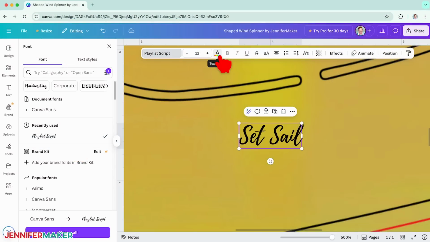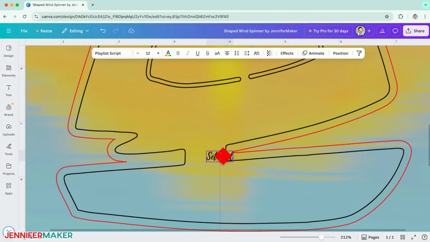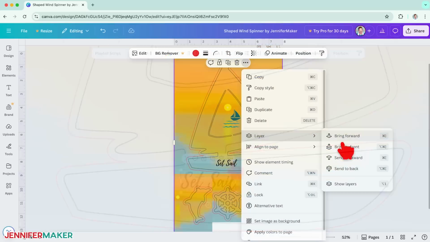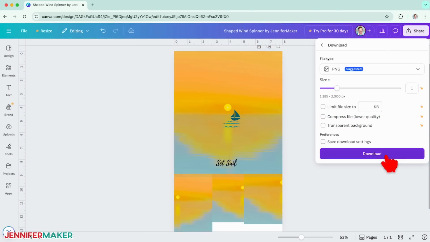To change the text color, click the button with the letter A and choose a new option. Then drag the text box into position and use the handles to resize as needed. Make sure the outline layer is sent to the back, then save and download your first side again, this time